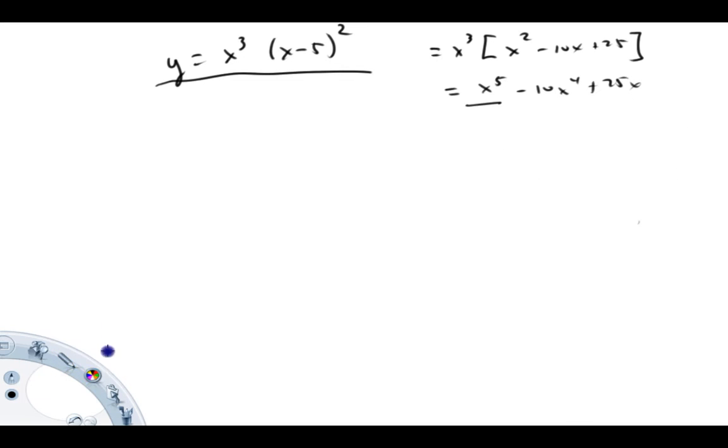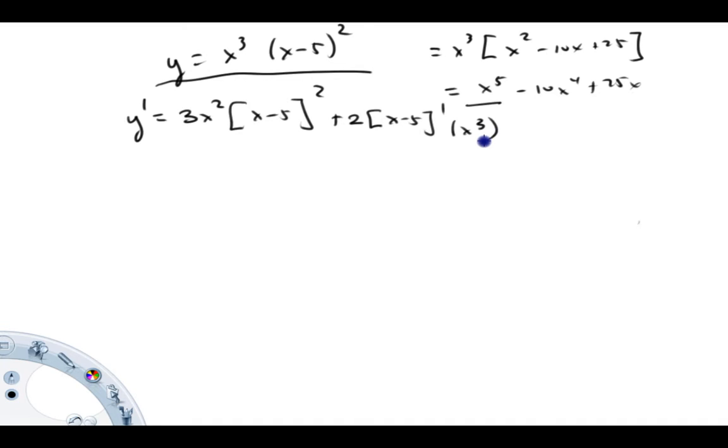All right, so to find the relative extreme values, we're going to look at this function's derivative, y prime, noticing that it has to be product ruled: the derivative of the first times the second plus the derivative of the second times the first. So that's applying the product rule. This is looking like a little bit of a bugger. So we have 3x squared times x squared minus 10x plus 25